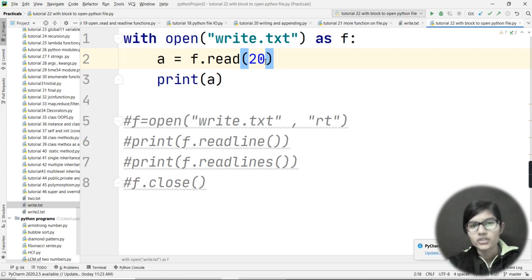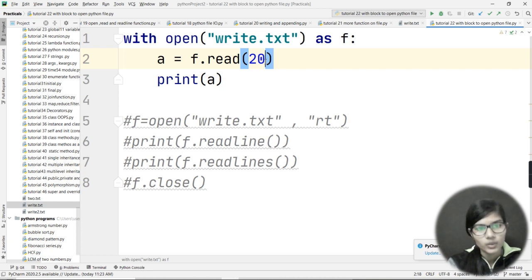And my with function will return me the string till that value. So I hope you got the difference, that seek function was giving me the string from that respective starting position, like I mentioned 6 there. So it was printing me the string from the 6th index.